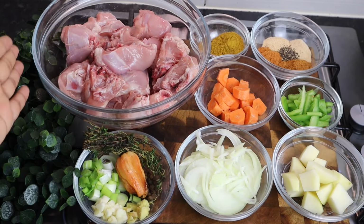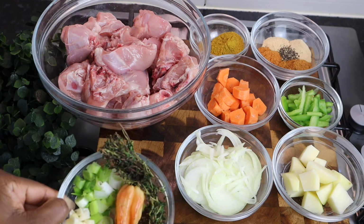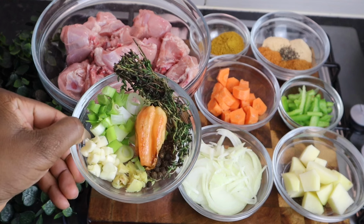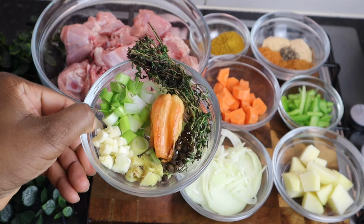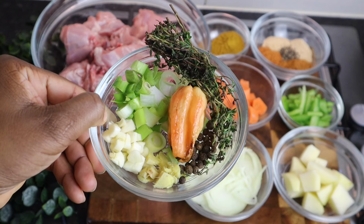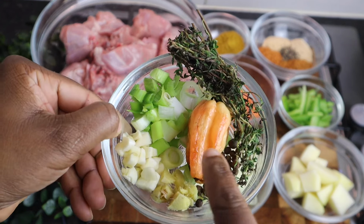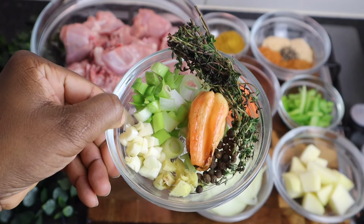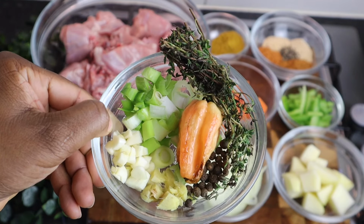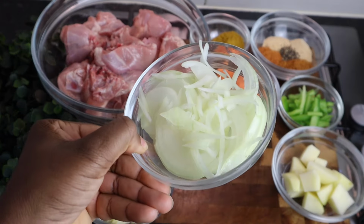So these are all of my ingredients that I'll be using. In my glass bowl right here, I've got over 2 pounds of my chicken, and this is leg and thigh. And these are my fresh seasoning. Here I have over 1 stalk of scallion, 4 cloves of garlic, 1 teaspoon of my fresh ginger, 2 teaspoons of my pimento seed, otherwise known as allspice, scotch bonnet pepper, just a little bit. You don't need a lot unless you want it spicy, and some fresh thyme, at least 2 tablespoons, and half an onion that I cut,